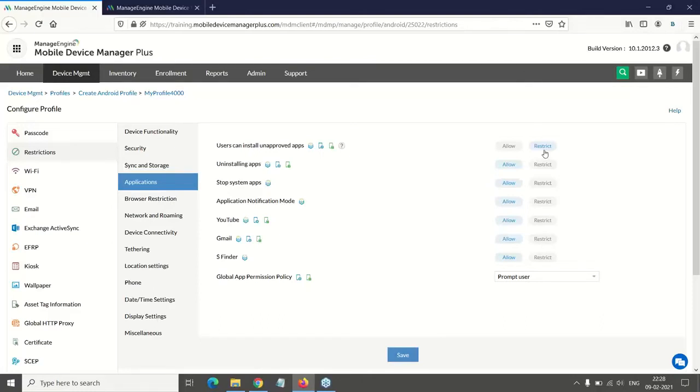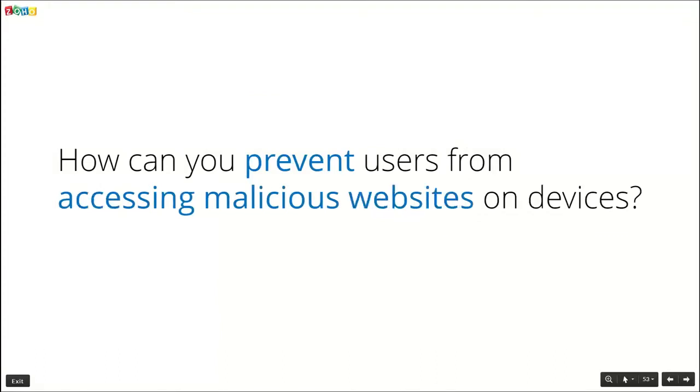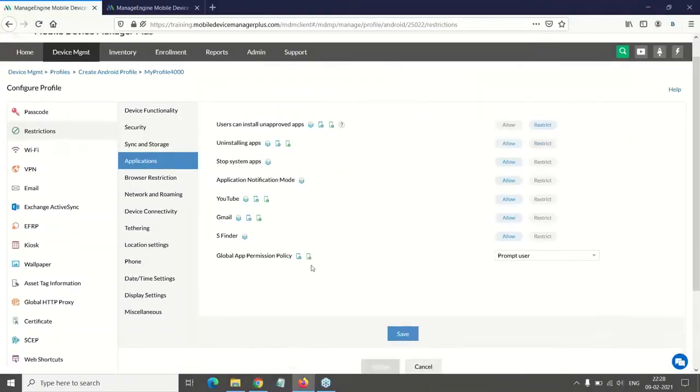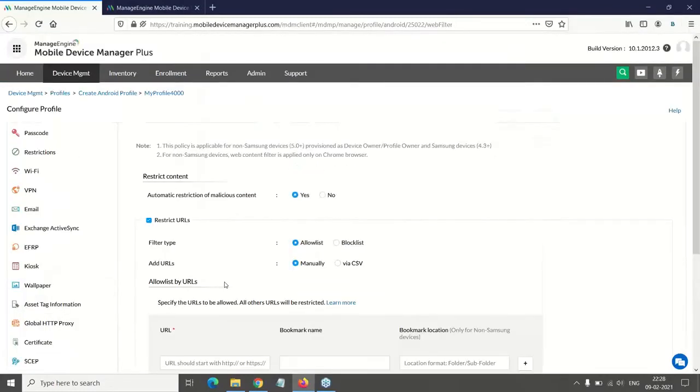Now we have deployed the configuration in such a way that they cannot access applications of their own. But still, the web version of those applications will be available on their browsers. To disable that as well, we have a separate policy, which is web content. Here you have the option to either allow or block the required URLs on the device browser.